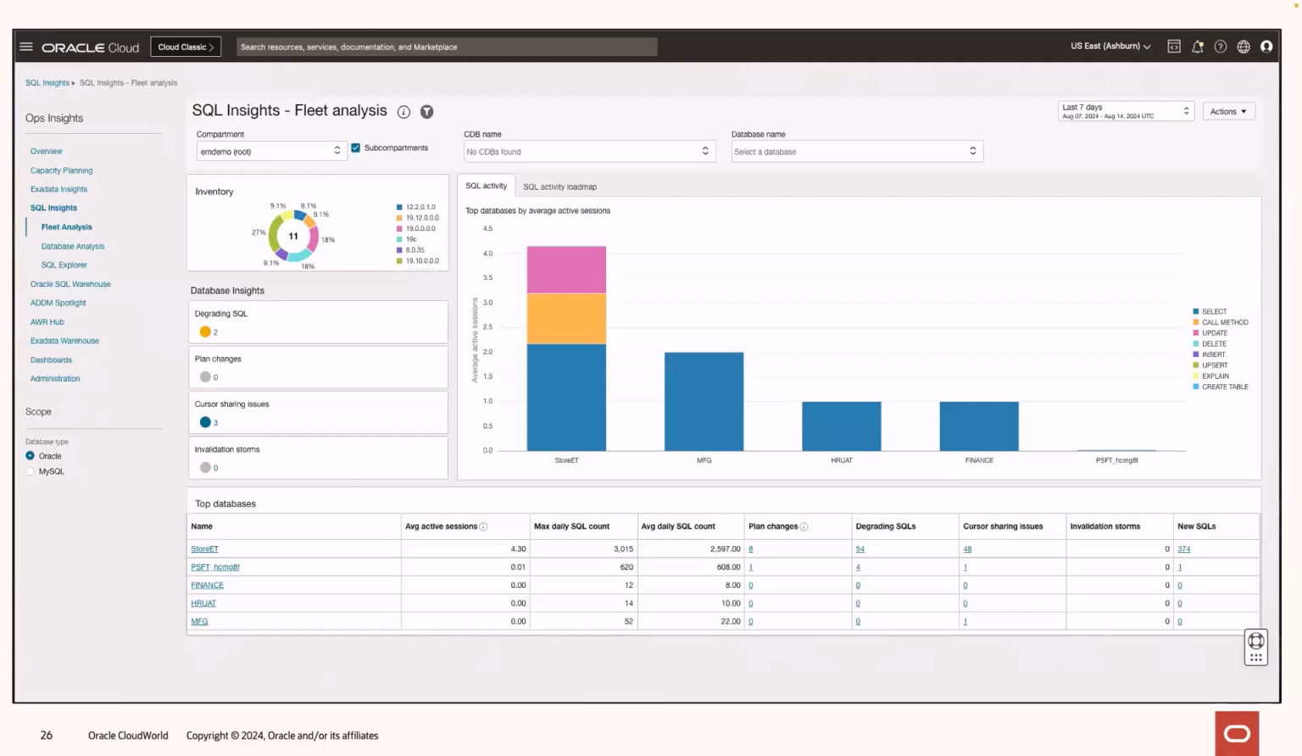So you can see in the store ET database, we have a significant amount of what do we have here? Call method and updates, I guess. I don't know. I'm half colorblind today. But all the other databases are query only. A top database list at the bottom here with some key information, sort of summarizing